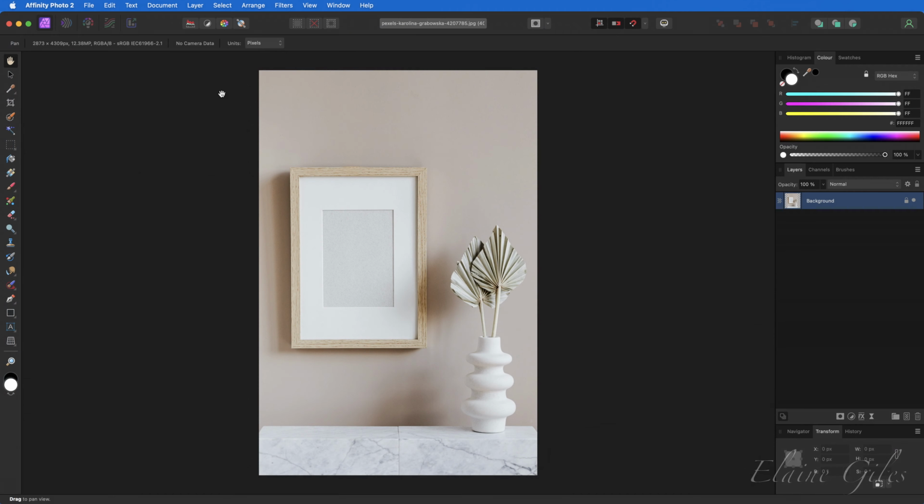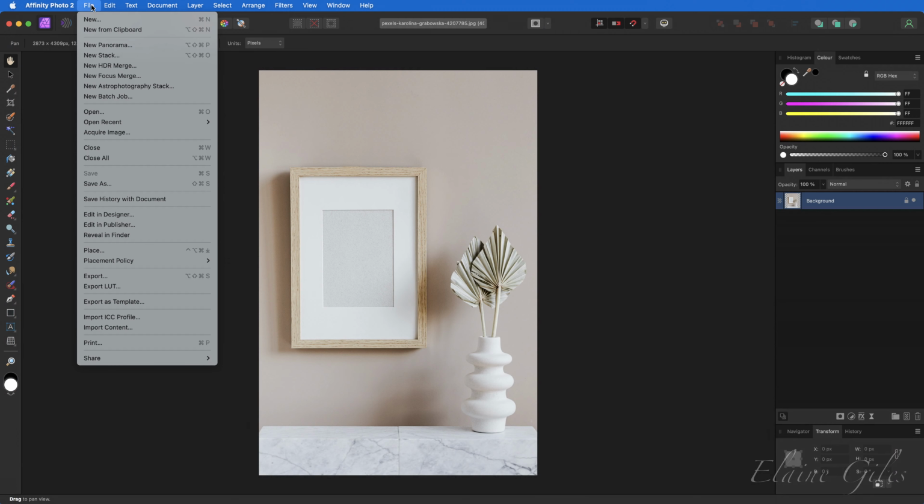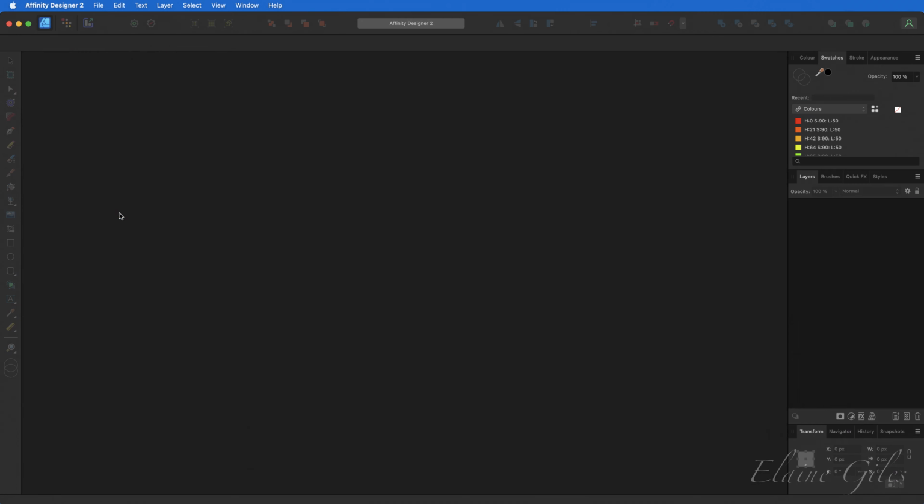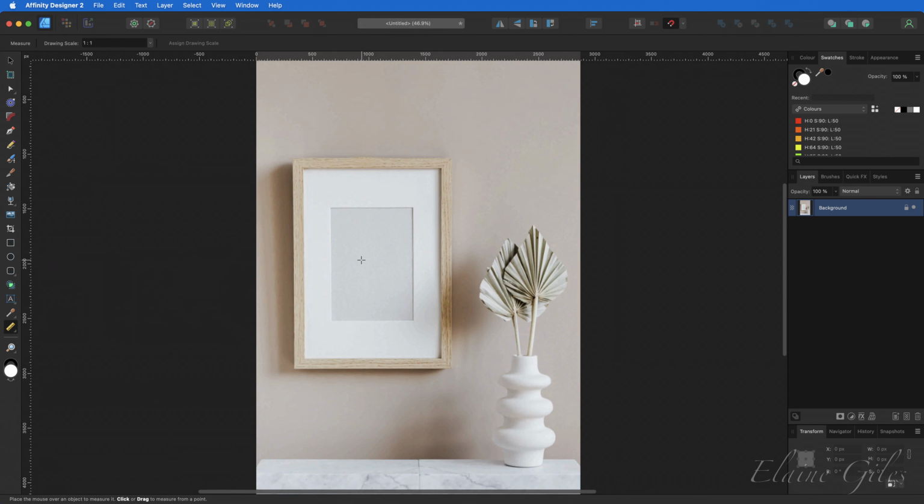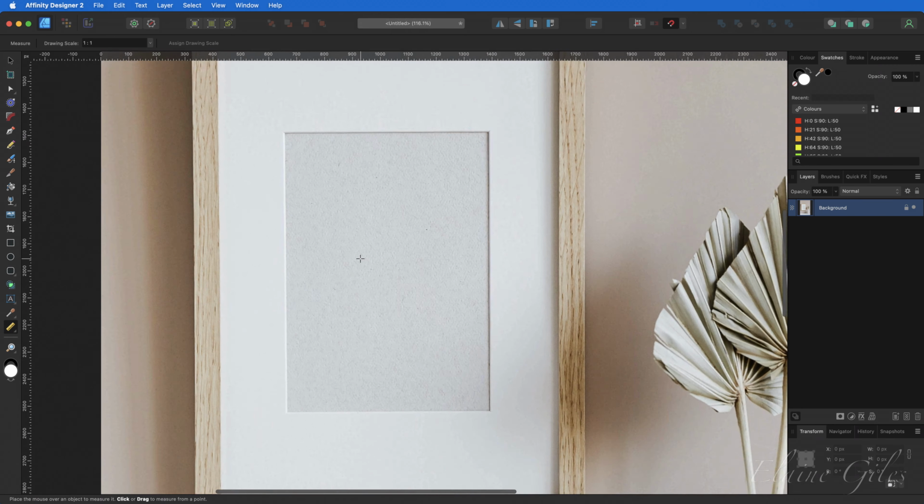So from inside Affinity Photo up to File and down to Edit in Designer. That will transfer the open file to Affinity Designer. Once in there, the measure tool is towards the bottom of the toolbar on the left. Click on that, and moving over to the image and zooming in a little bit just to make it clearer,